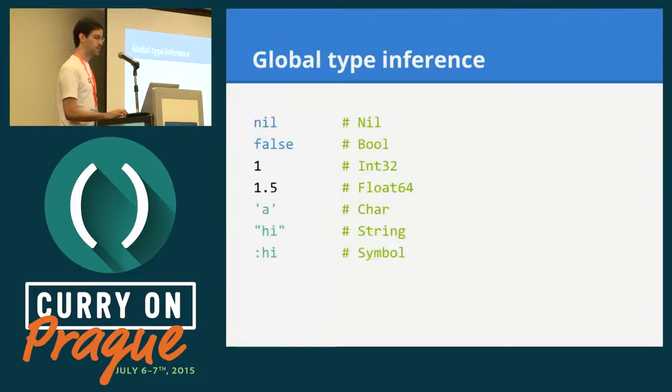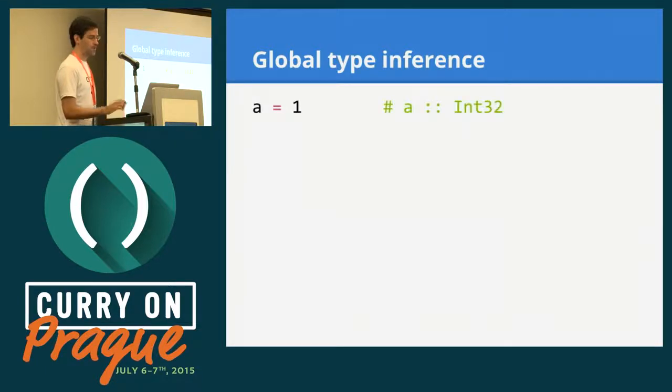So let's start with the simple stuff, literals. The compiler, the language, knows what their type is. So nil is nil, false and true are booleans. You have the numbers, characters, and strings. Then moving on to assignments. Here what happens is that the variable a will be bound to the type of the expression on the right-hand side. So then we have another assignment, and later we will see that the type of the nodes